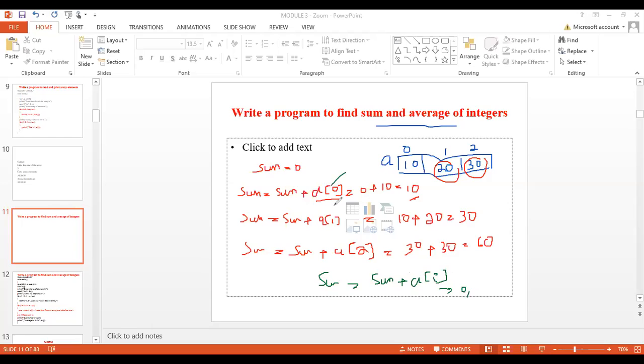It can take values from 0 till 2. So here the number of values is n is equal to 3, the size we are taking, n is equal to 3. So I can have the value less than n. So n is 3, so I can take 0, 1, 2, less than 3.